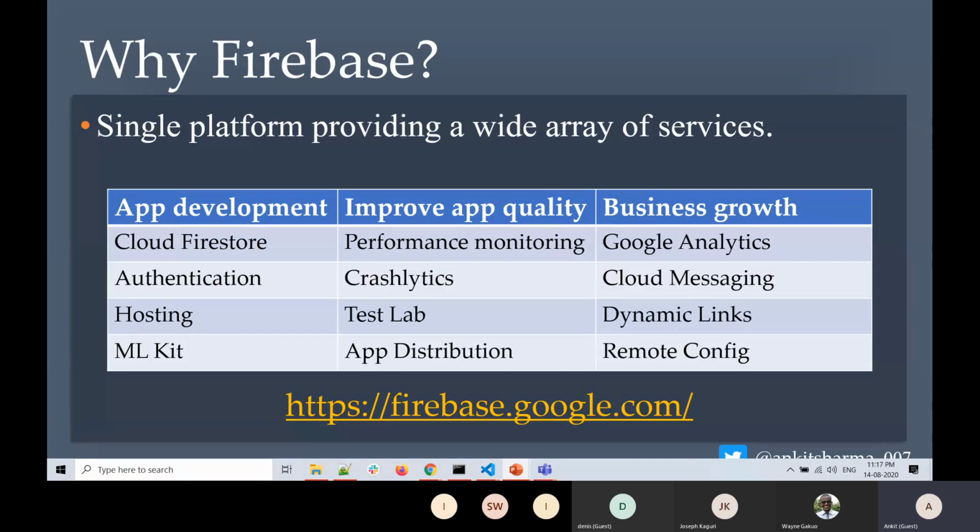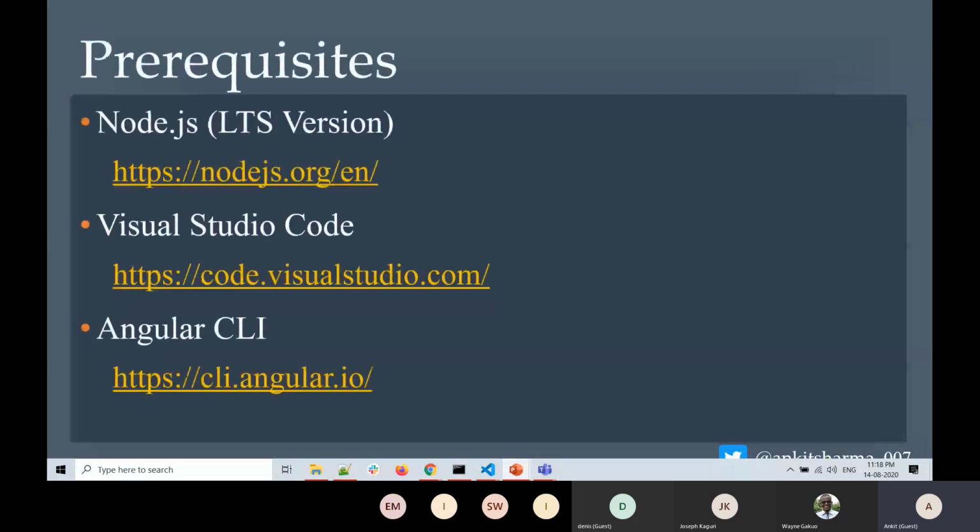To check out the list of all the services provided by Firebase, please go to firebase.google.com, and you can find everything in detail over there. One thing to mention about Firebase is that it's not completely free. It's a freemium kind of product. There is a basic version which is completely free with some limitations, and then there is an enterprise level version which you have to buy a license for and pay money. Again, the details are available on firebase.google.com, so you can refer to all the details over there.